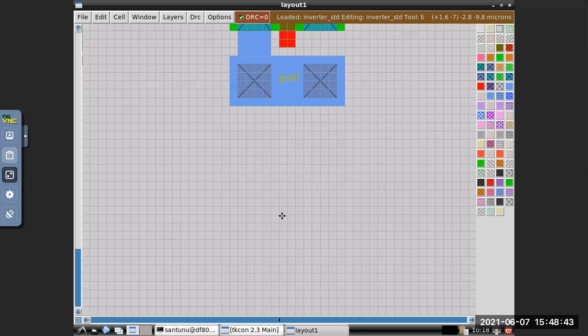So everyone completed up to this? Yes or no? So metal contact, in the ground metal contact, which metal contact is there? M1 contact. No, that label is ground only.